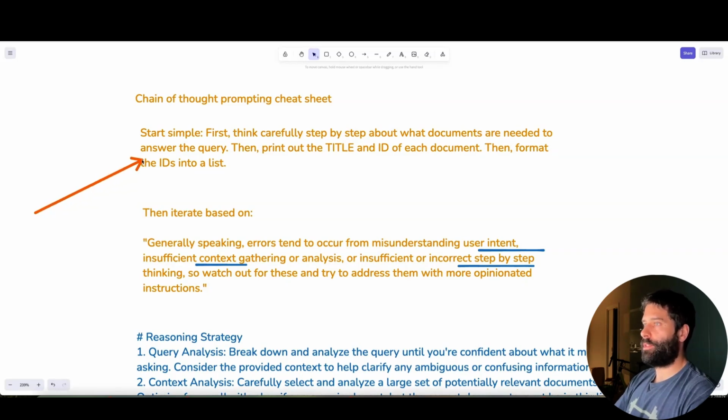This is obviously specific to a certain use case, but let's say you're doing customer support. Because customer support, you might get multiple different types of queries: general questions, warranty concerns, and order tracking. Each of these would have a separate set of steps that you need to do to get the answer. You wouldn't just ping the RAG database if you need to do an order tracking request. You wouldn't do that. So maybe you would start with something simple that says, first think carefully, step by step,